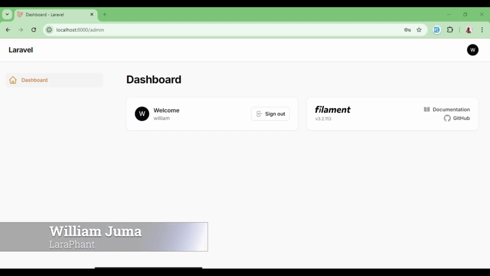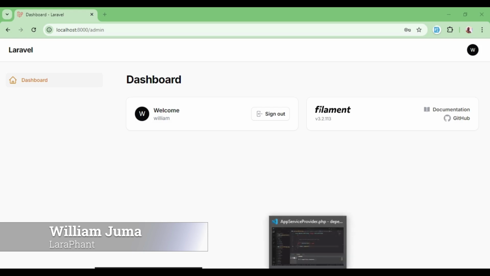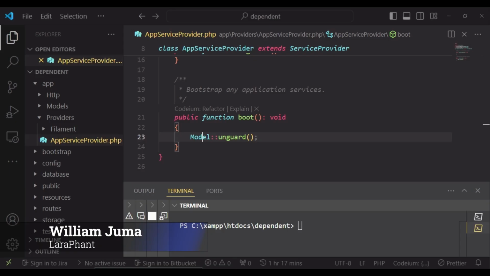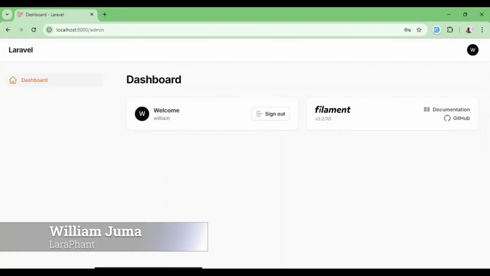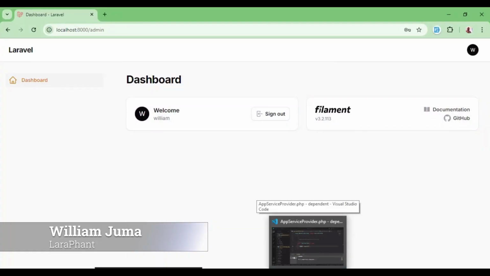My name is William. In this video, I would like us to look at how to implement dynamic dependent dropdowns in FilamentPHP. So I would like us to have products in this admin panel that I have installed and set up. And what I want us to do is, when we have the products, you require to have categories